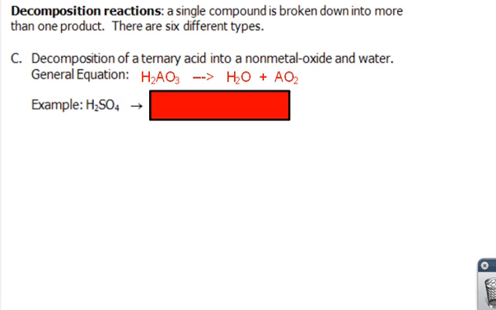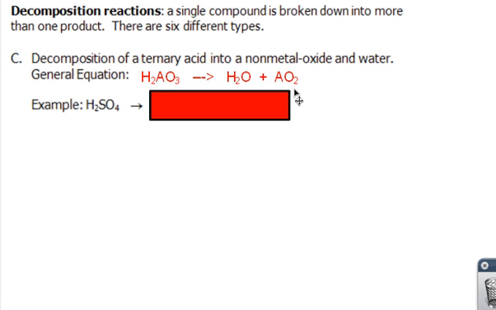So here's another one. This is a decomposition reaction for acids. These are ternary acids. Ternary means that there are 3 parts. Or you could think of it as hydrogen and some sort of polyatomic ion, like a sulfate or a phosphate or a nitrate, something like that. The first thing you do is you break that polyatomic ion apart and you make water, and then whatever is